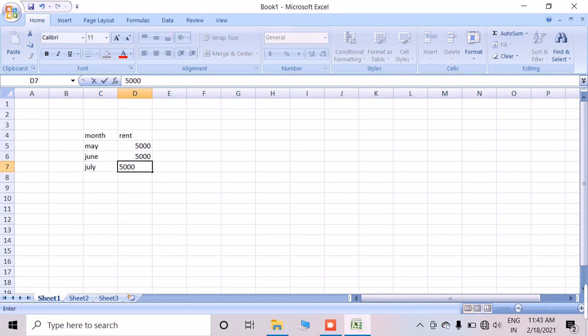So here I am having house rent and petrol, 3,000, next 2,000, and next we have 4,000. So I am just typing something related to our monthly budget.